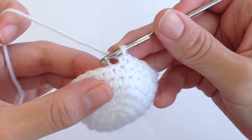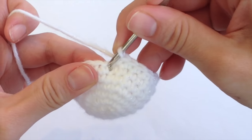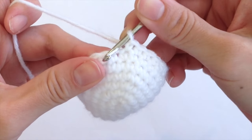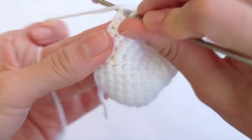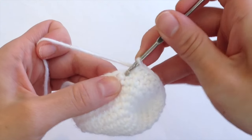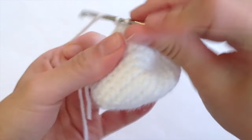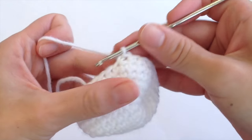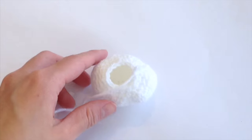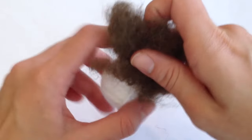As you can see, the edges are really curving inward to form a bowl-like shape. Now to make the piece smaller, instead of continuing the 1-to-1, I'm going to start skipping loops. So as you can see, I didn't put my crochet needle through the next loop, I skipped it. So I put it through the next one and continued to crochet as usual. And I skipped a knot about once every 3 or 4 knots until you got a really smaller opening, and